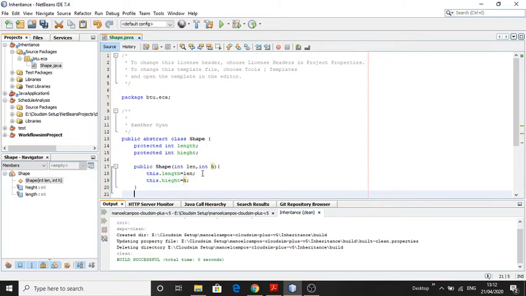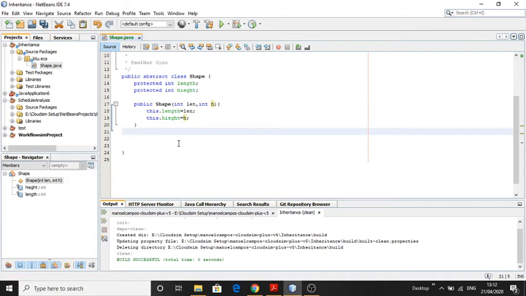Now we create two methods, and both methods we will create here will be abstract. So public abstract void draw.